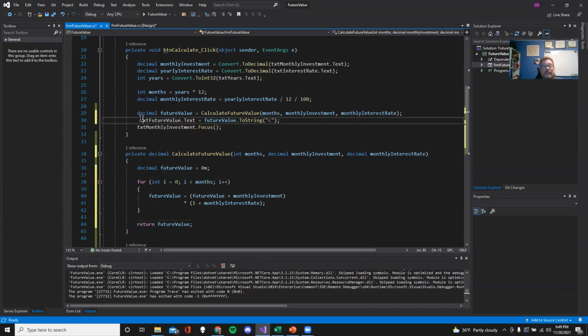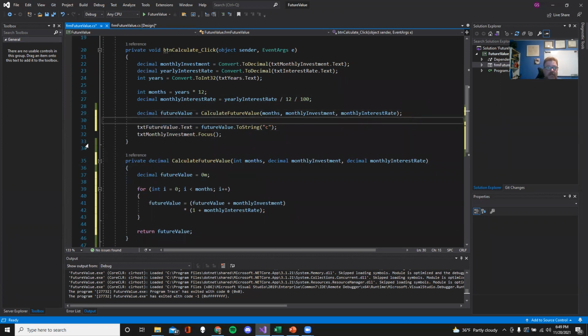All right, and I tell you what, let me get some air so you can see that line more clearly. So line 29, it's going to create a variable, call it future value. It's then going to go into this method, passing in these variables that have already been defined above. As it goes into here, it creates another thing called future value, which I tell you what, for giggles,